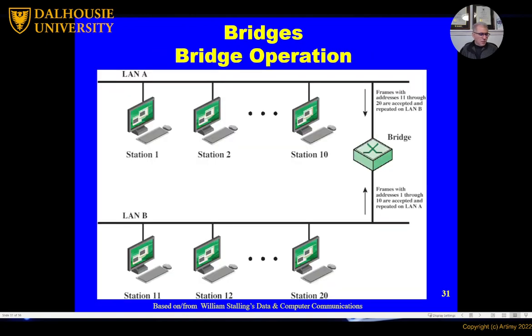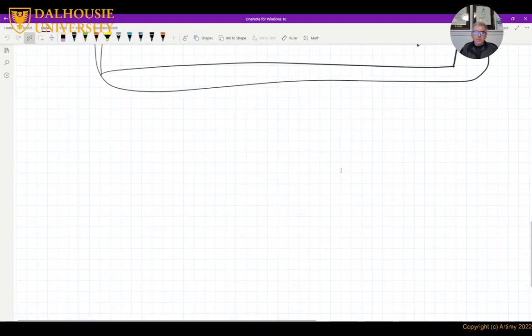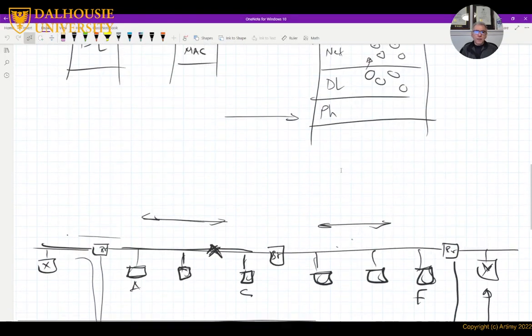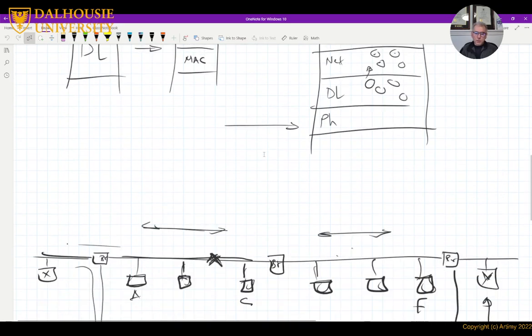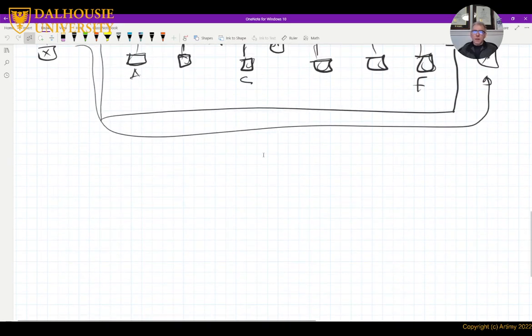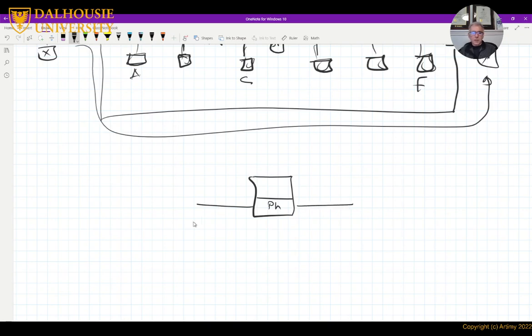And there is a mention also in the slide that we don't need a link layer protocol, and this is correct. When we have a bridge, the bridge will include the physical layer. Why? Because we need physical connections, and we need to have a MAC layer.